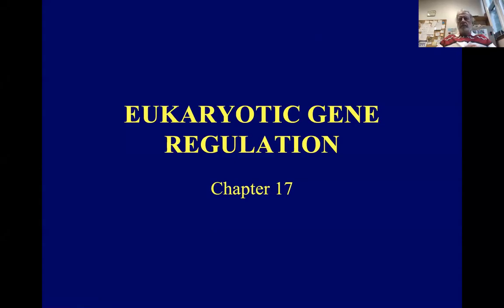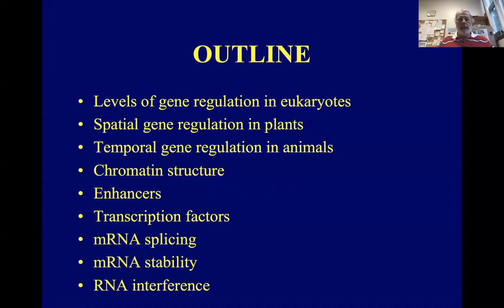Okay, eukaryotic gene regulation. In our outline, we'll discuss levels of it, and spatial gene regulation in plants, temporal gene regulation in animals, chromatin structure, how enhancers regulate genes, transcription factors in gene regulation, then messenger RNA splicing, messenger RNA stability, and lastly, RNA